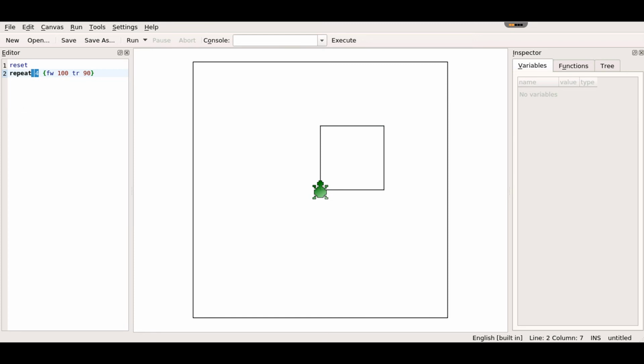Next is the while loop. In a while loop, the set of commands or statements that follow is repeated till the Boolean value is true. When it becomes false, the execution of the program stops. The general format of the while loop is while, then the Boolean in brackets. For example,